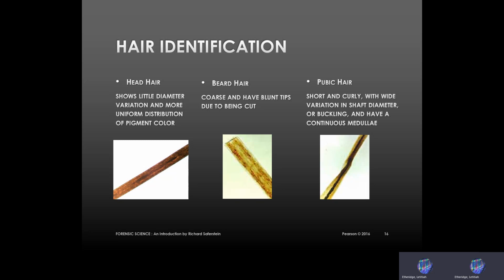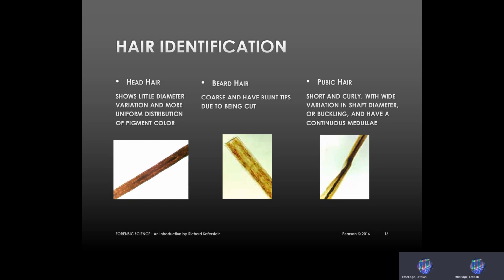You may have some buckling, which you can see right here from this little twist that's going on here. And you're definitely going to have a continuous medulla. Okay, in terms of hair identification, there are other things you can tell from hair based on the shape